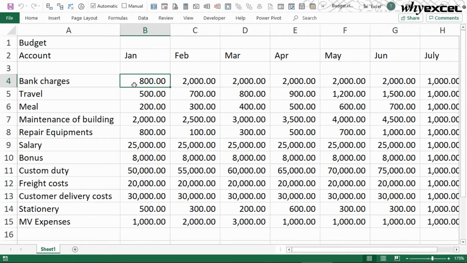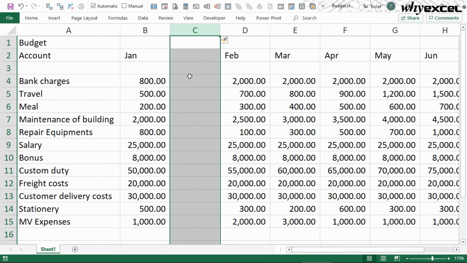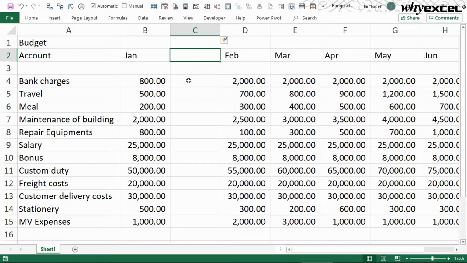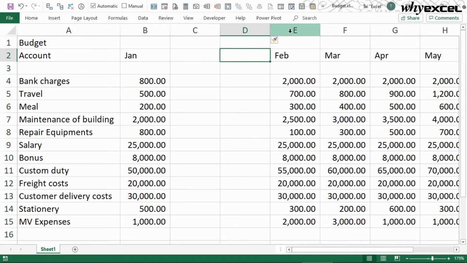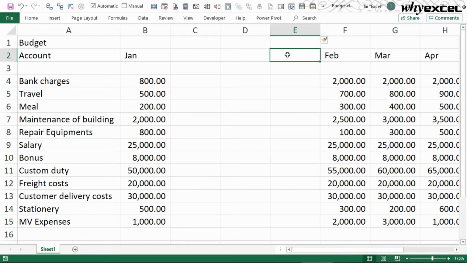This kind of data is good for planning. When we want to do monitoring and control, that means we want to check the comparison between the budget and the actual. Usually people will go and add a column and start copying the numbers from the actual, one by one. Besides that, they will need to add one more for the variance. Maybe they have one more for the delta, meaning the percentage of the variance. This kind of work could be very tedious and time consuming.